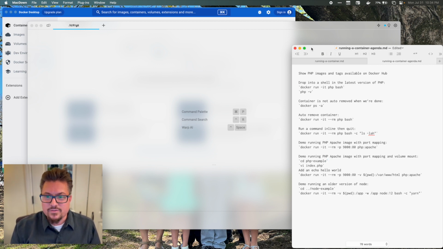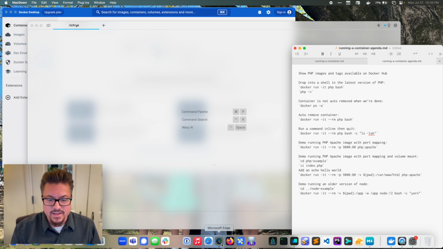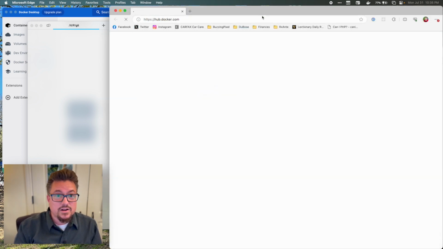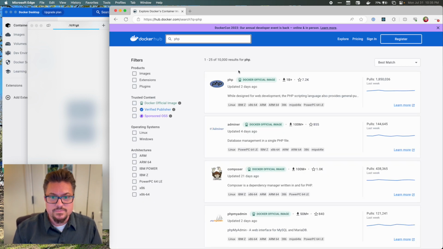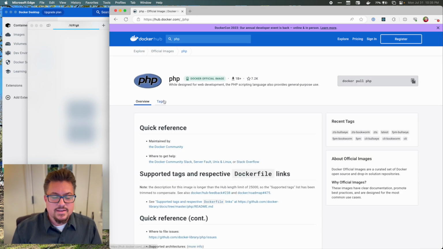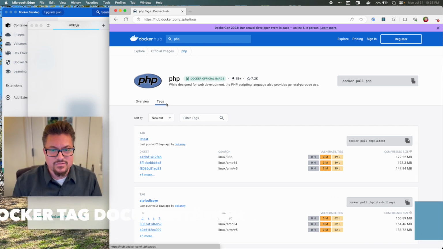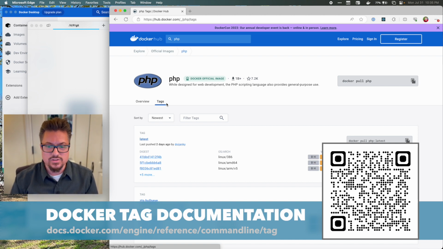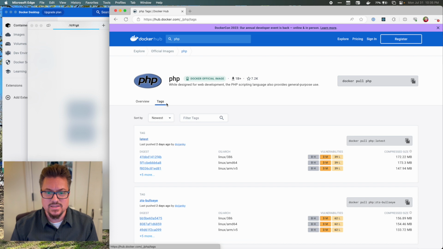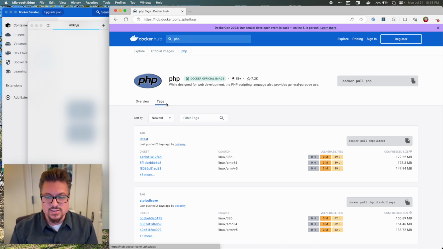So the first thing that I want to show you is hub.docker.com. And we're going to look for the PHP image. Right there it is. And you can quickly see what tags are available. So you have an image, and images can be tagged in certain ways. Latest is a convention in the Docker world to pull whatever is the latest PHP container. In this case, or a node container, you'd be node:latest. So the tag is delineated, as you can see here, by a colon, and then you have latest or ZTS